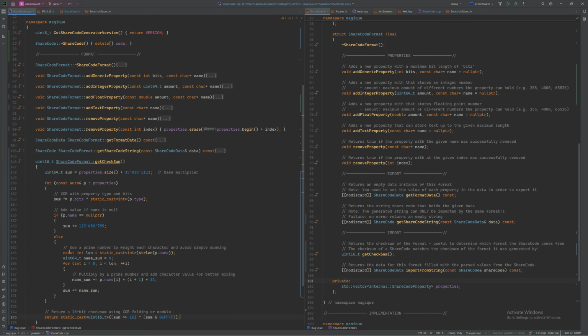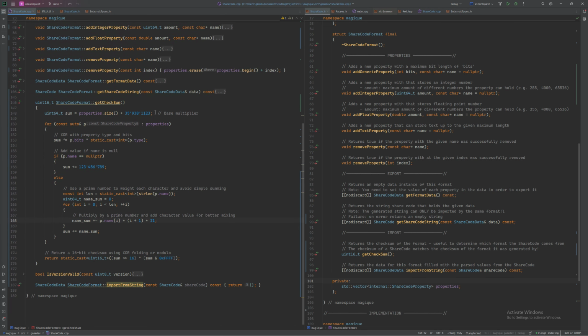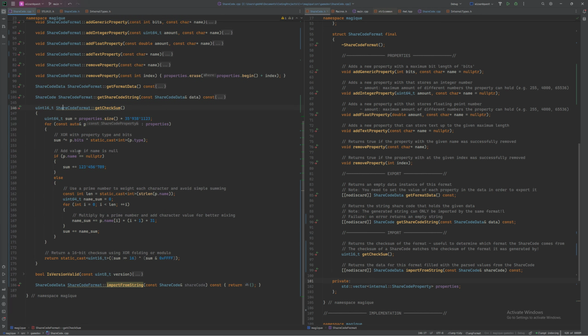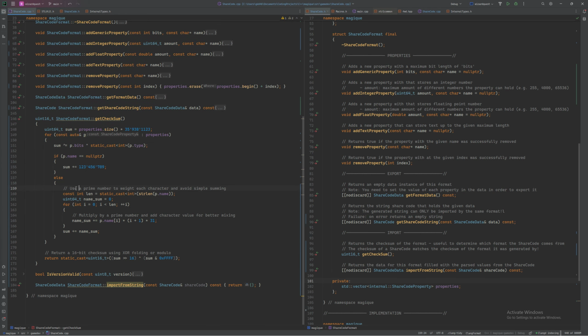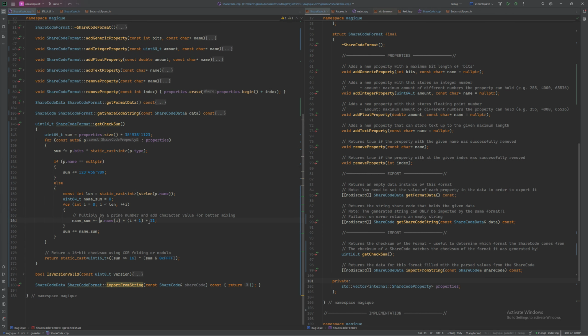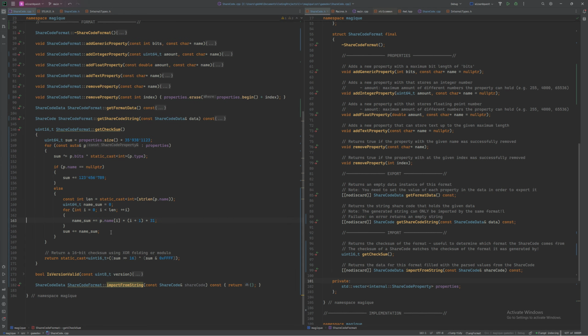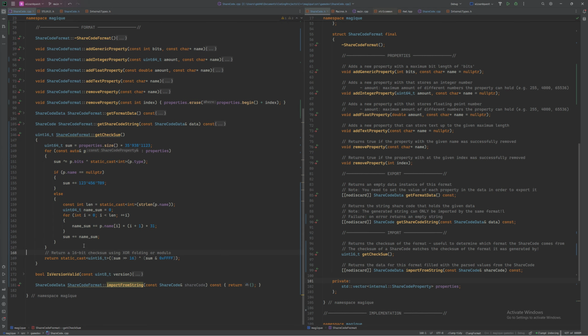So this looks fine. So I start with the same base multiplier, like so. Then it uses a prime number. I guess I've seen this in hash functions. Multiply with the prime. And then, yeah,